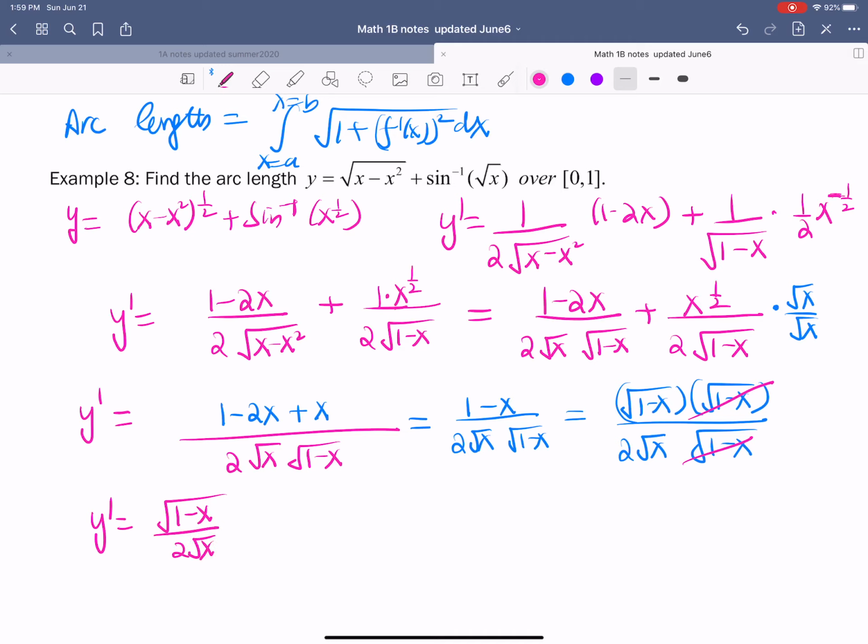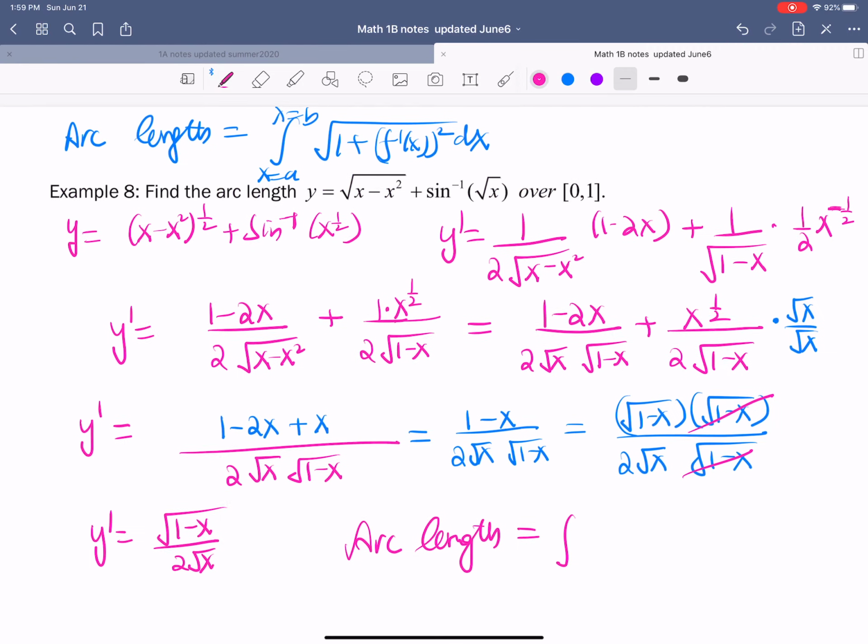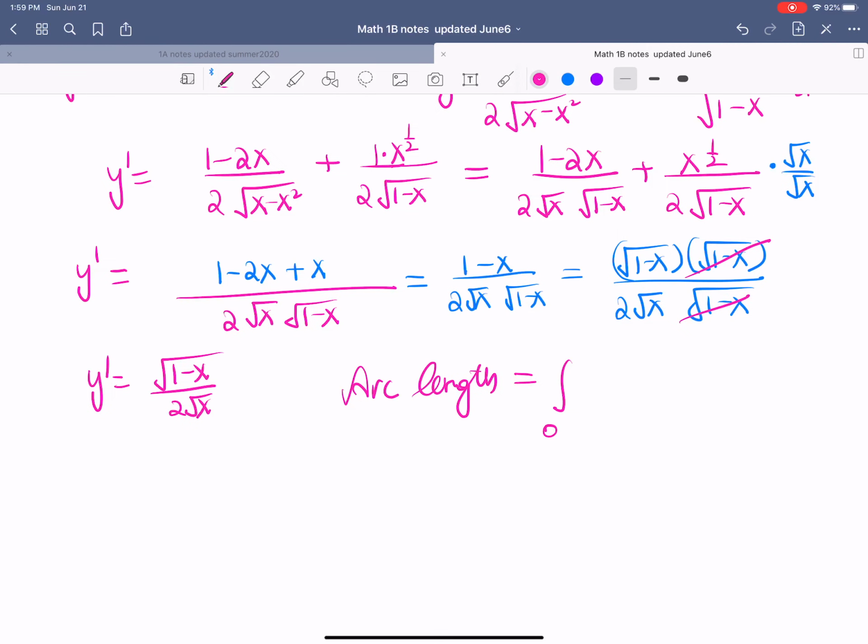Now let's go ahead and plug it into the formula for the arc length. So we have arc length is equal to, our bounds are given over 0 to 1, the integral from 0 to 1 of the square root of 1 plus y prime squared. So my y prime is going to be,